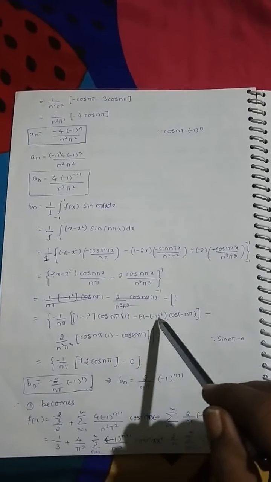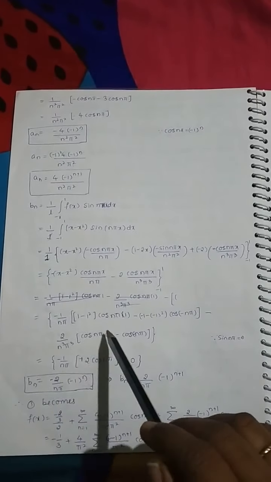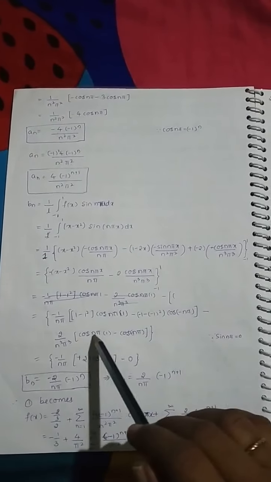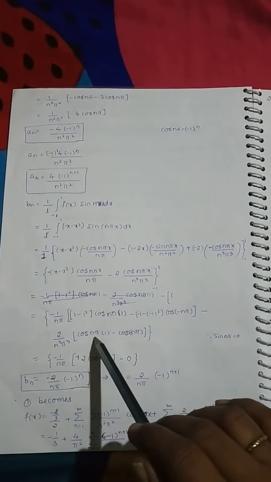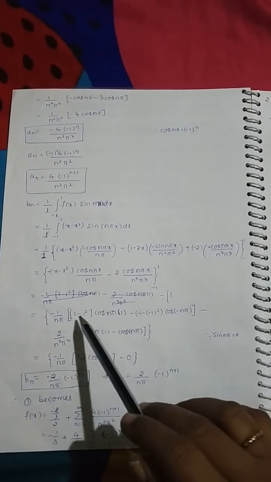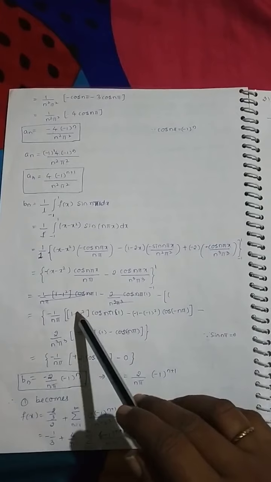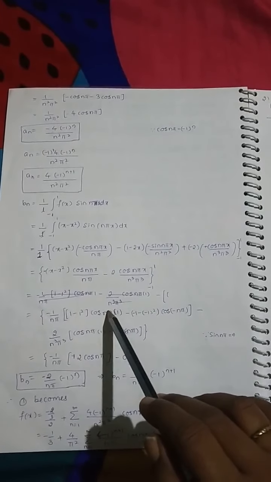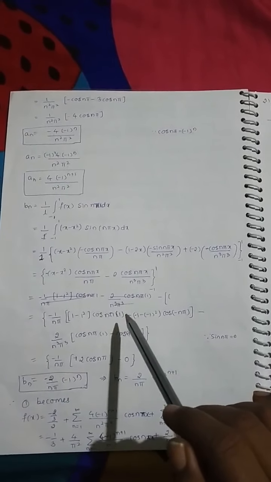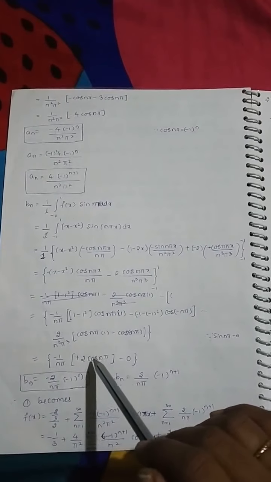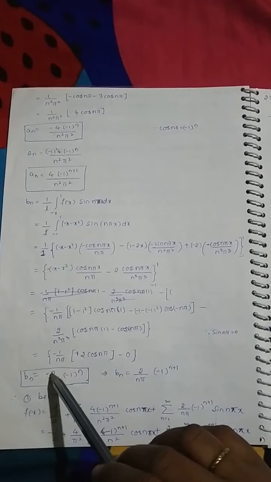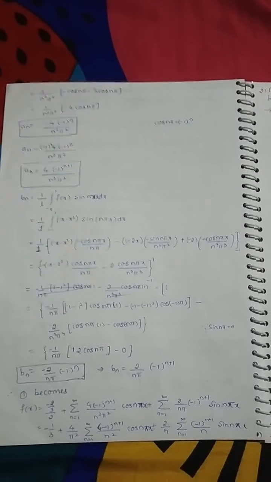Right? Next simplify here. This term we have obtained 0. That is, cos of minus theta is cos theta, that is cos n pi only. Cos n pi minus cos n pi is 0. Therefore we have the second term 0. Next here 1 minus 1 is 0. That means this term also we have obtained 0. We have only minus 1 by n pi into 2 into cos n pi, and the other terms are 0. Therefore we have bn equals minus 2 upon n pi